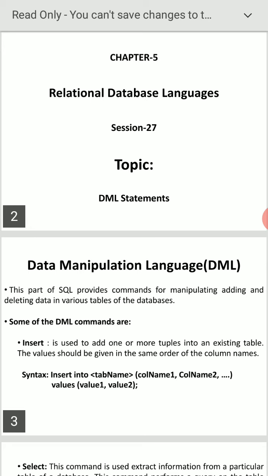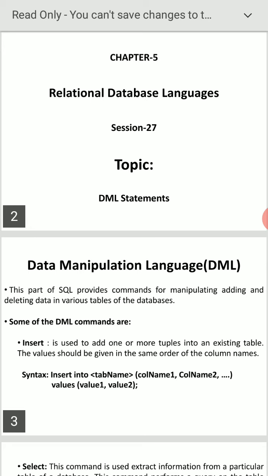I want to add 3 C 15,000. Already there are two tuples, 1 A 5,000 and 2 B 10,000. I want to add one more record, 3 C 15,000. That can be done with the help of the insert command. That is the main purpose and use of the insert command.